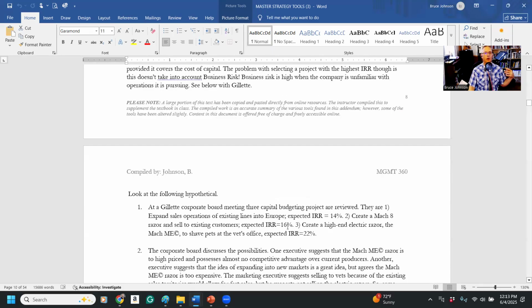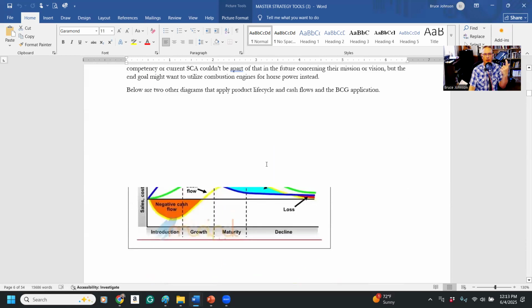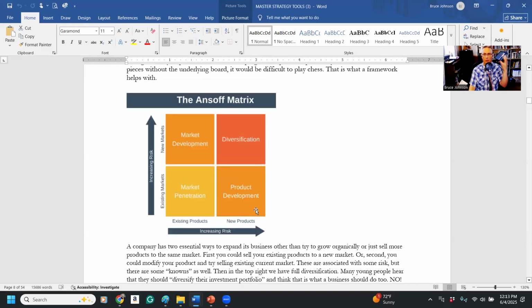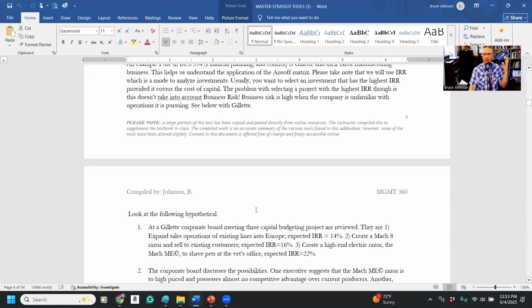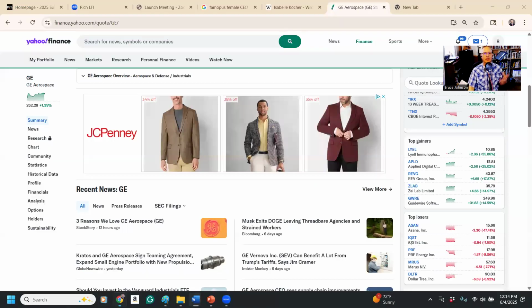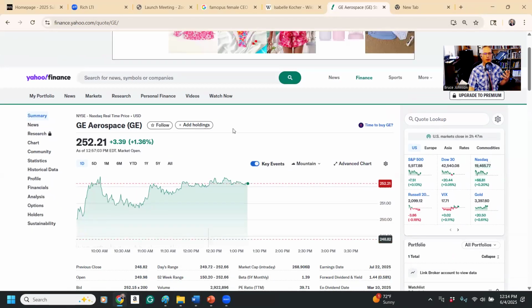So these are all the application of life cycles, financials, and the Ansoff Matrix to help us understand risk and its associated level. The higher the risk, the higher the rate of return that's required. Now, again, students mentally don't understand this very well when we talk about risk. When we say the higher the risk, the higher the required rate of return or the higher the earnings,